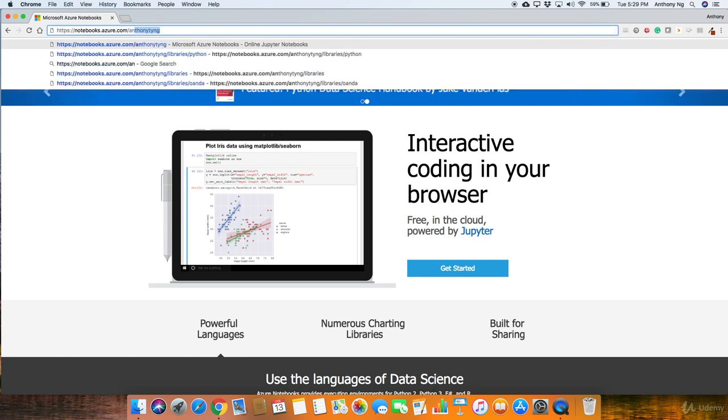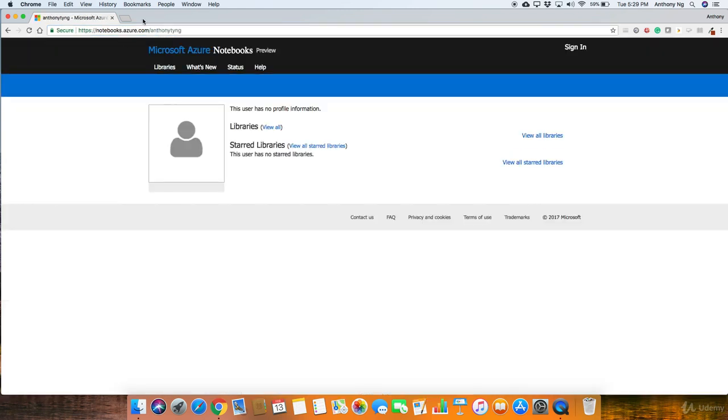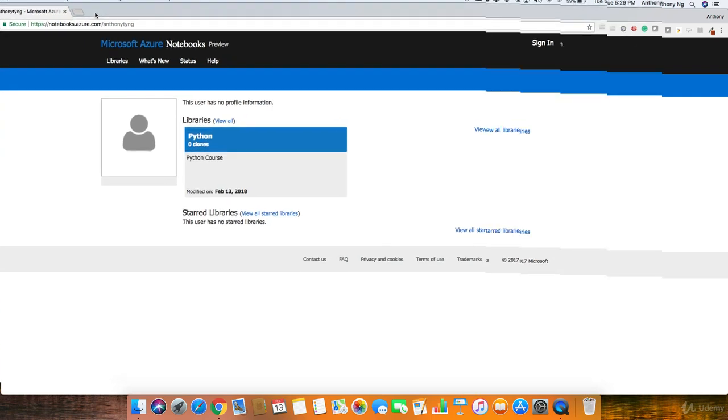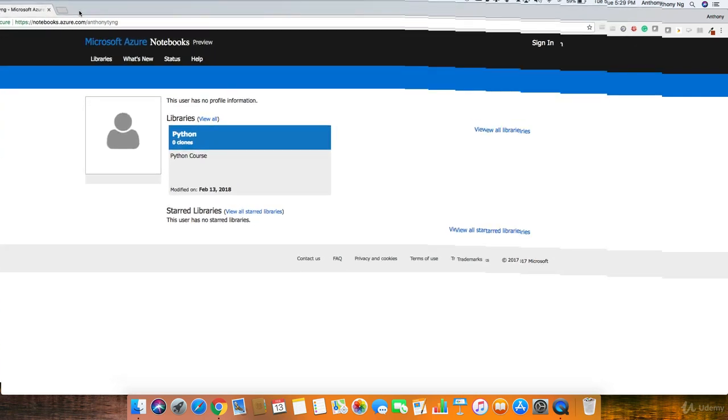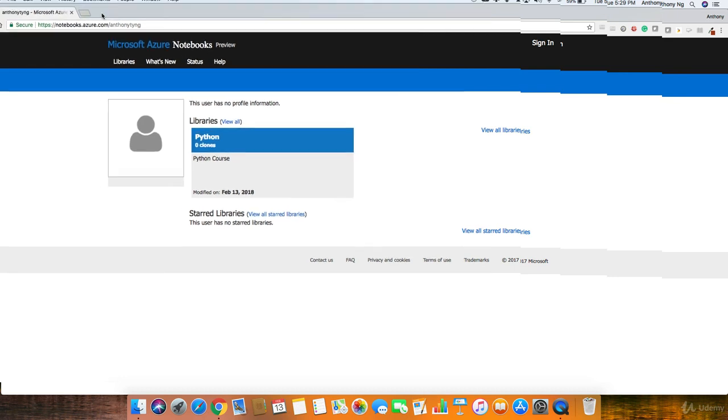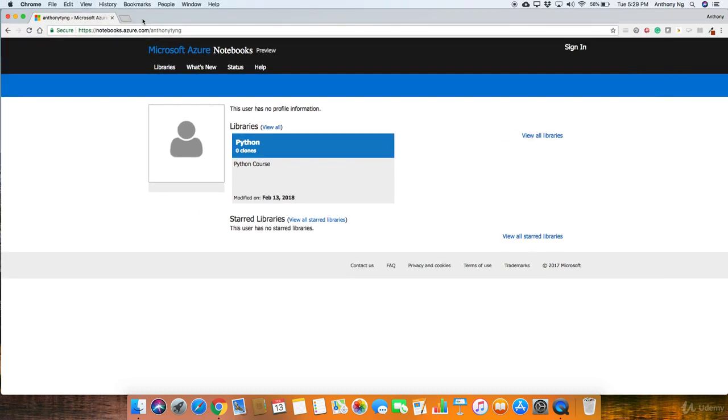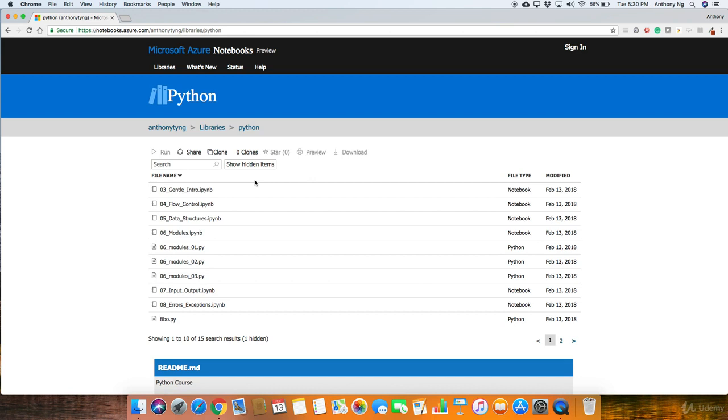So what I want you to do is type notebooks.azure.com/Anthony Tyng. Let me just zoom in. Don't worry, I will provide the link for this as well so that you can come directly to this. There are libraries here, Python and 0 clones, modified on 13th of February 2018. You can see all of these files